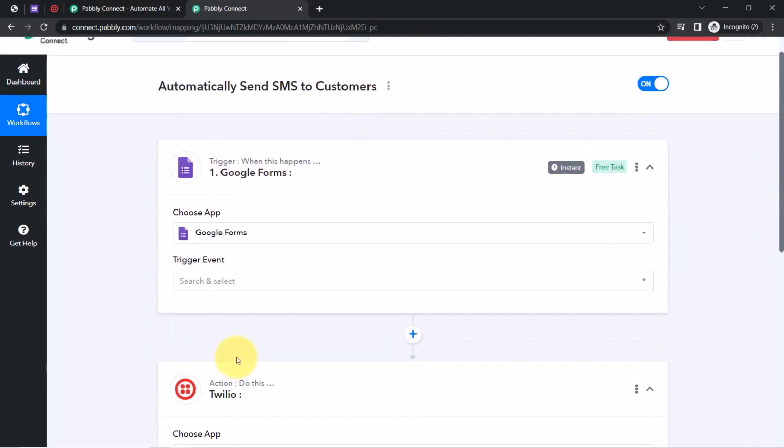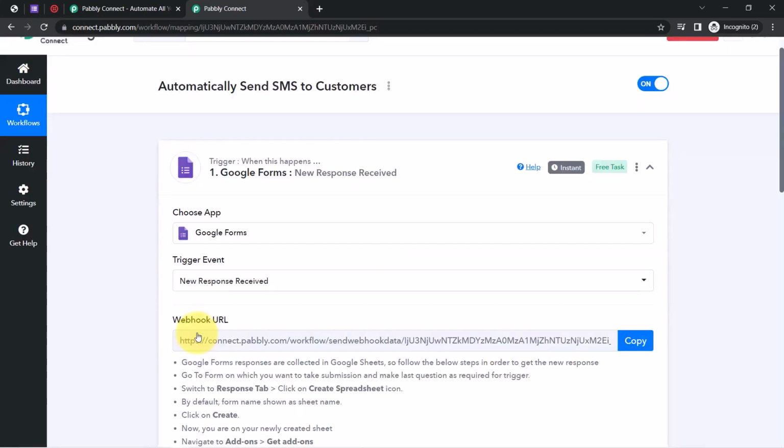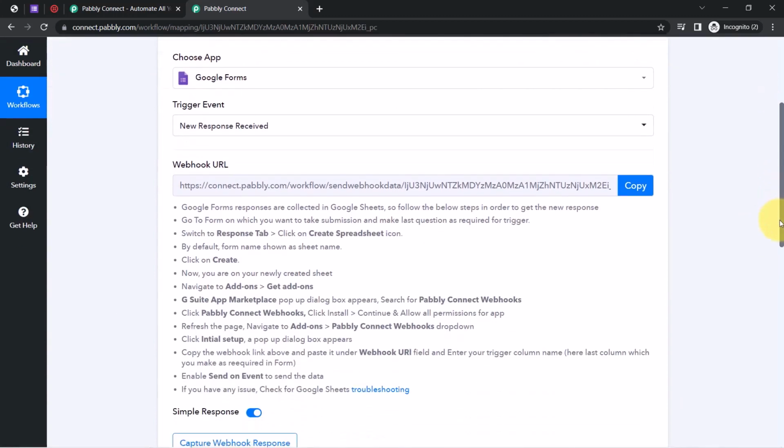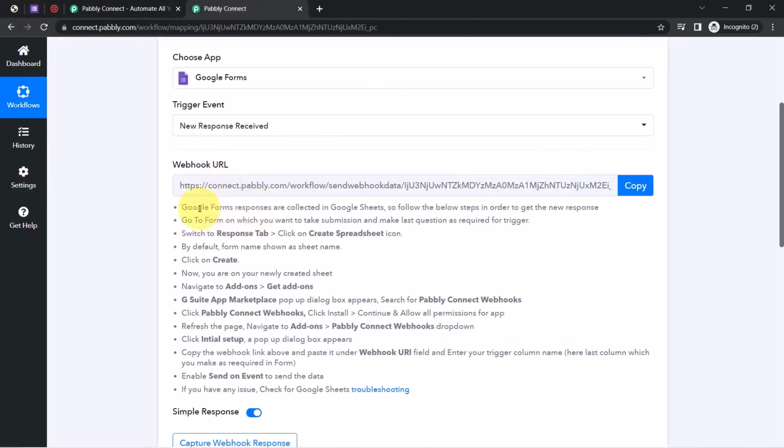And now the idea here is I am going to connect both the applications one by one with Pabbly Connect. Okay, so firstly I will select the trigger event, that is new response is received, and when I select that, you will notice our webhook URL. Okay, so with the help of this URL only I am going to build a connection in this Google Forms and Pabbly Connect. Okay, and instructions for the same are